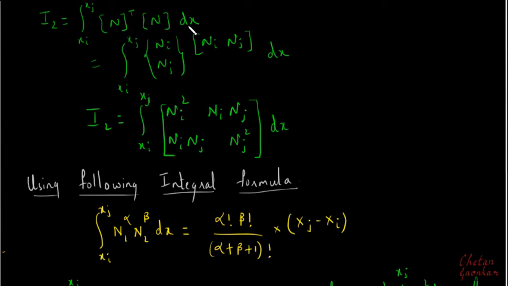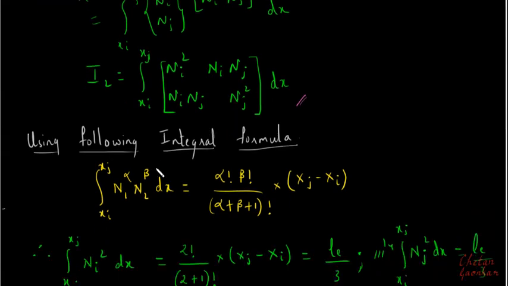Now this is exactly similar to what we had done in our last problem. So this N, if I substitute it as Ni and Nj, and this N which has no transpose, I will write as a row vector, Ni and Nj, and then if I multiply them, I will get this matrix which we had seen last time. And then the way we had seen last time, if I substitute in place of Ni, xj minus x by le, and then try to integrate this from xi to xj, it will take a lot of time to integrate these terms. That's why I can use this integral formula which we had seen last time in detail, and these steps are exactly the same as last time.